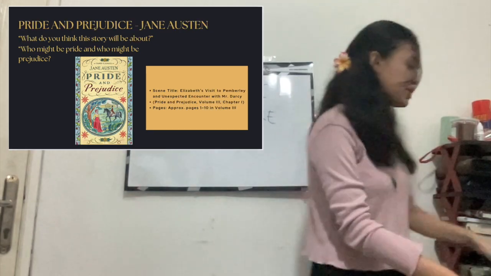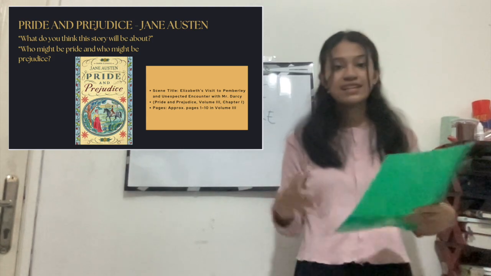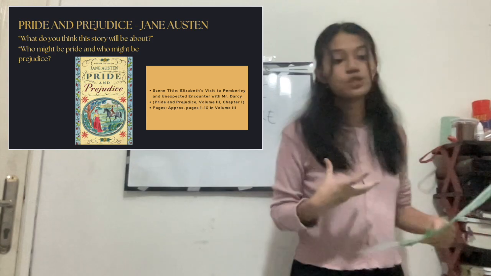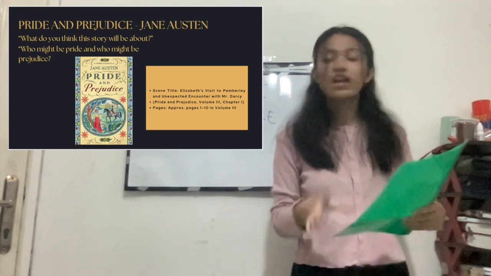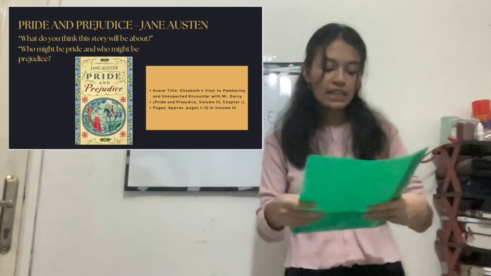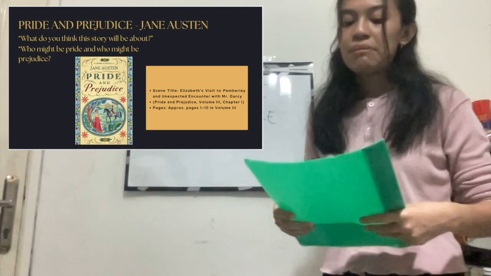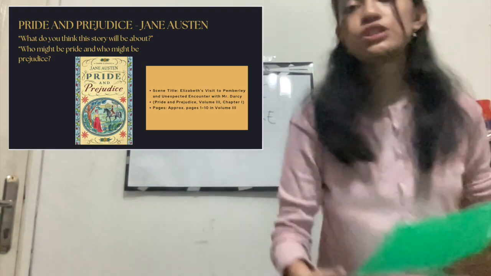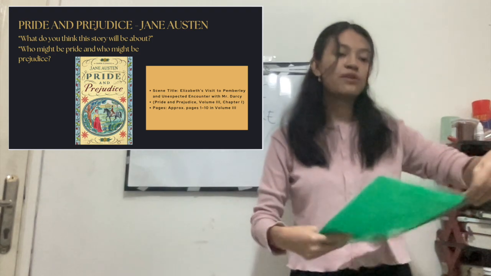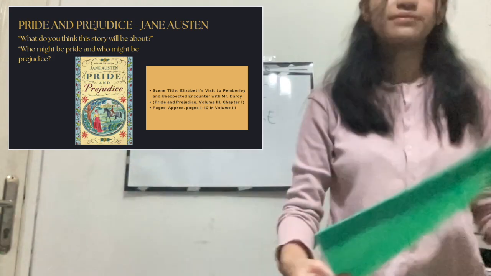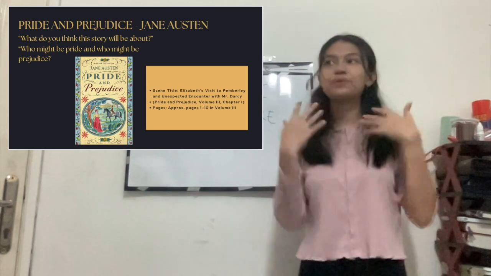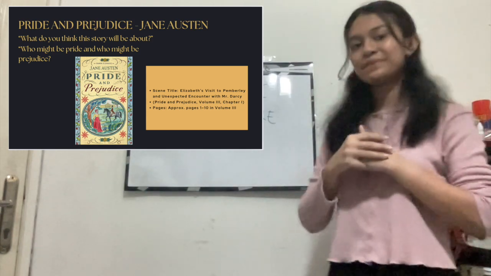And now we're going to read together. Well, actually not read, just scan. You don't have to pay attention to details, but I just want you to get the gist of, not the whole story, but just an excerpt of the Pride and Prejudice story. This is taken from Elizabeth's first visit to Pemberley, which can be found in Volume 3, Chapter 1. And you may read it now. I'll give you 5 to 10 minutes.